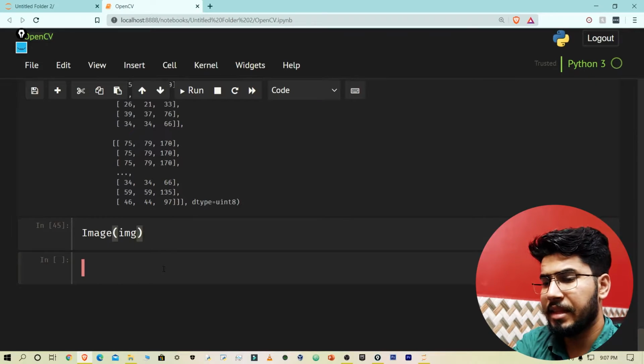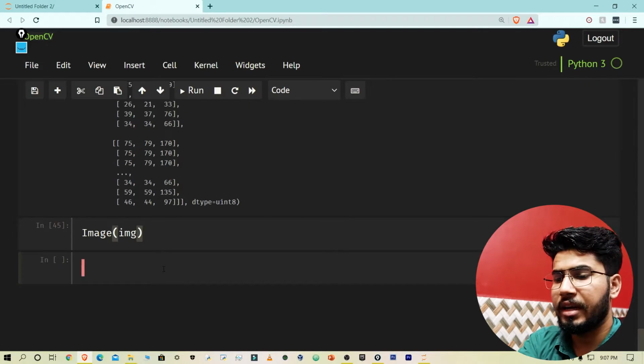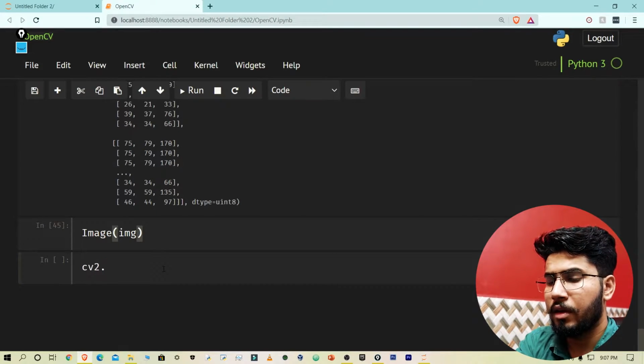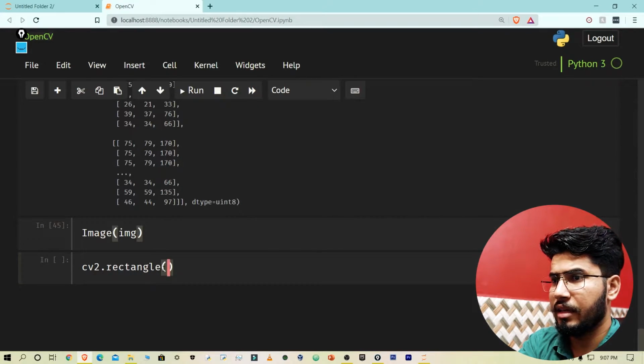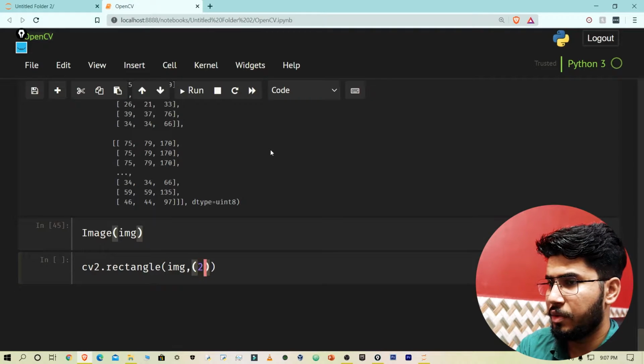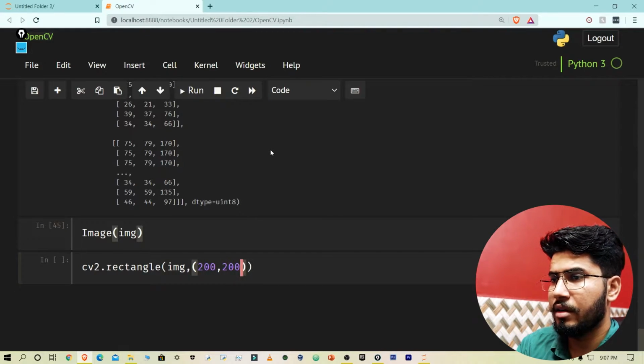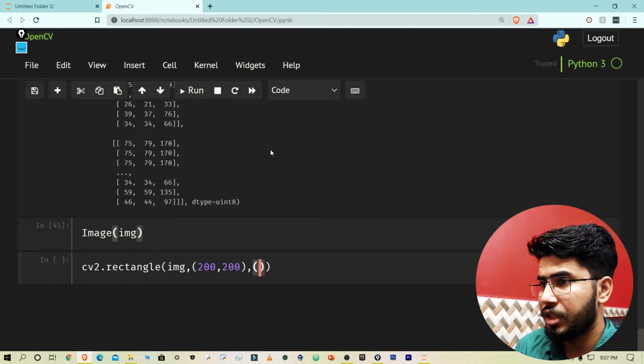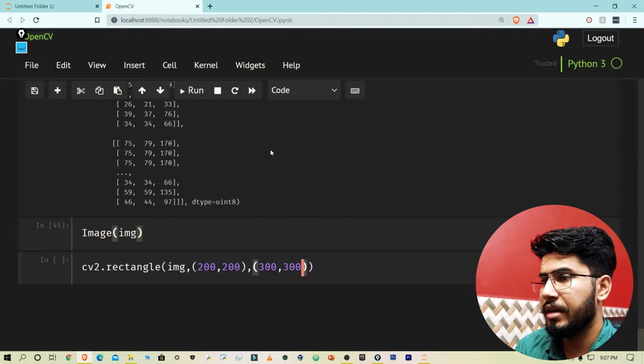The next thing that you can do is draw a rectangle. So cv2 rectangle, and similarly in the same way we have to provide the image. Then we have to provide the top left corner location, so let it be 200 by 200. Then you need to provide the bottom right location of the rectangle, so let it be 300.